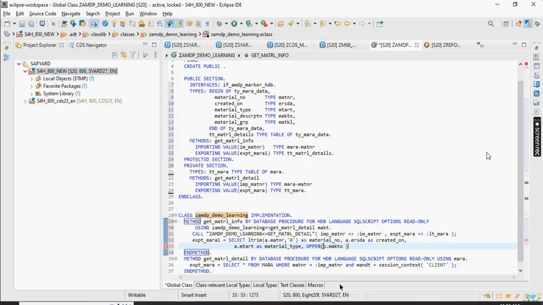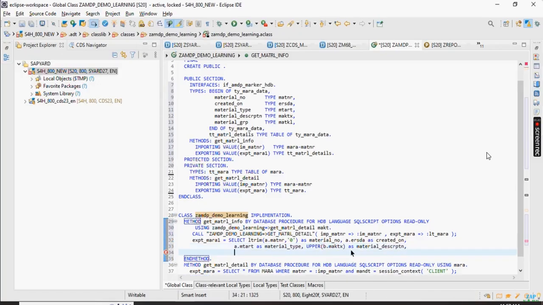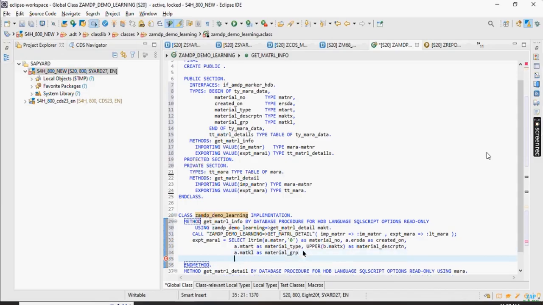Here there are no such issues that you need to put space and all. Even if you don't put space or put space, it doesn't matter. As material underscore descriptn, material description, comma a dot matkl as material underscore group. Okay, now that from here,